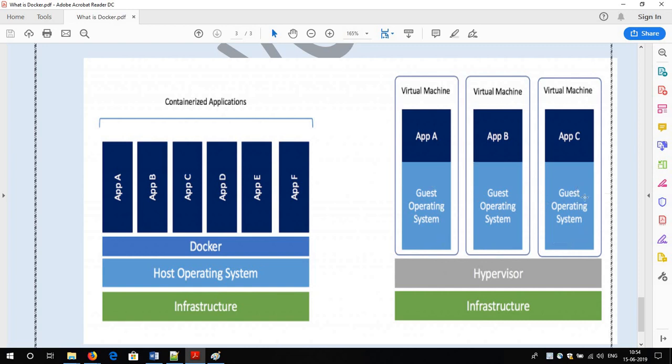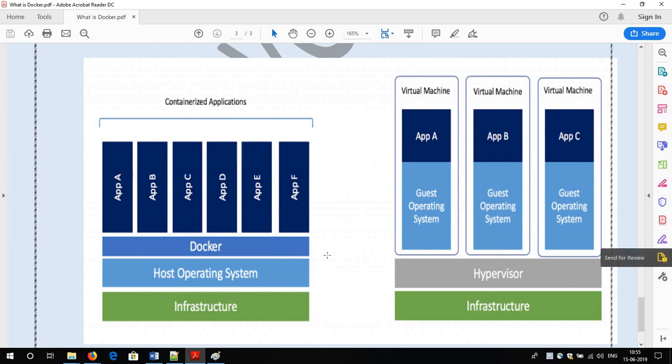All the virtual machines will have their own kernel. If you take the size of the operating system itself, it will be more than 2 GB or 4 GB, because they have all the requirements inside: their own kernel and all the packages.